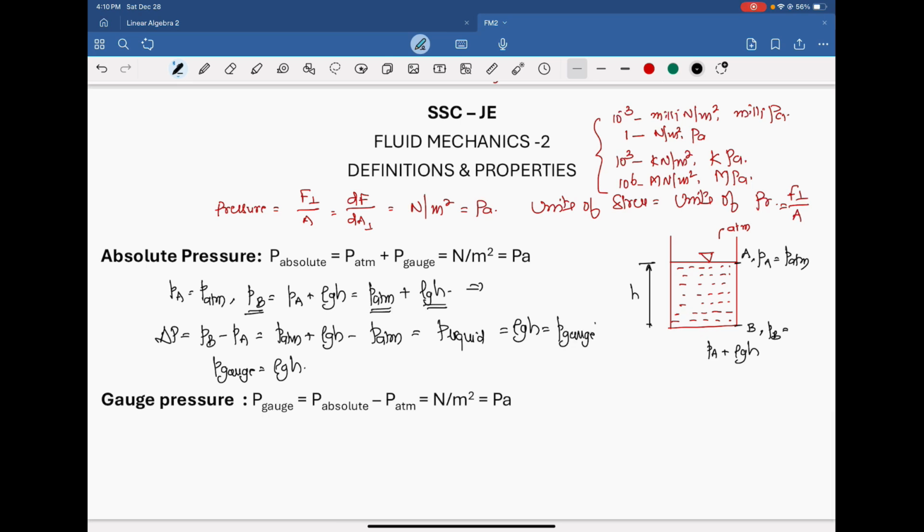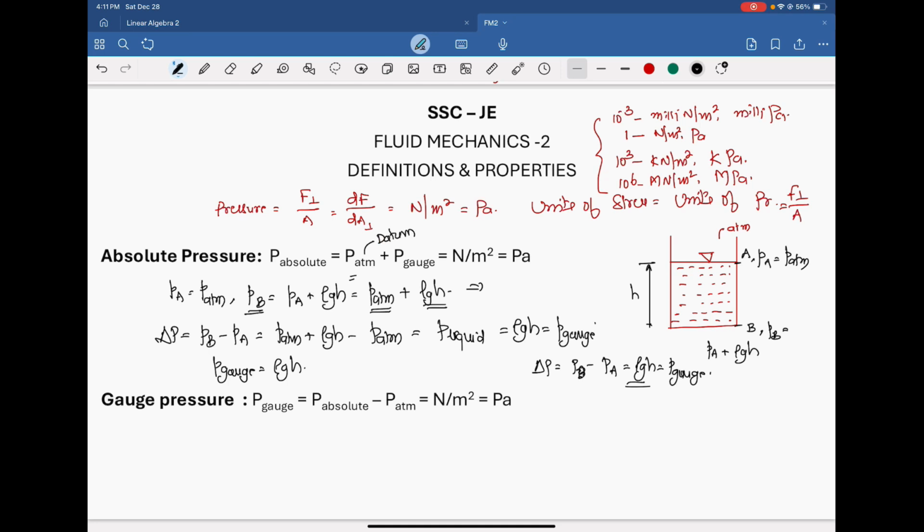Whenever we measure pressure with any instrument, that instrument gives the differential pressure, that means delta P. Delta P is PB minus PA, that is equal to rho g h, that is equal to the gauge pressure. Because we are measuring the pressure with a gauge, that pressure is given as delta P, that is PB minus PA, that is equal to rho g h. And for calculating the pressure from a gauge, we will have a datum as